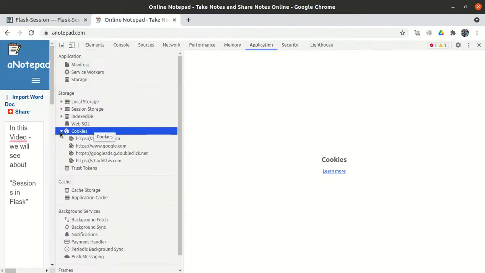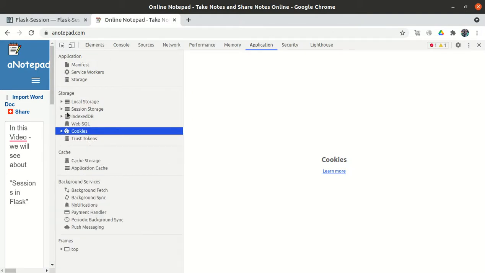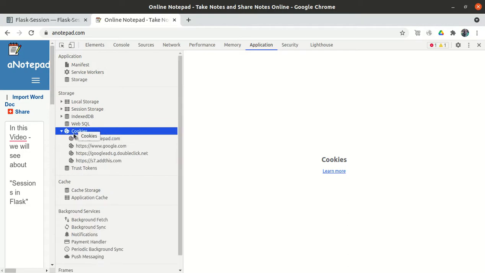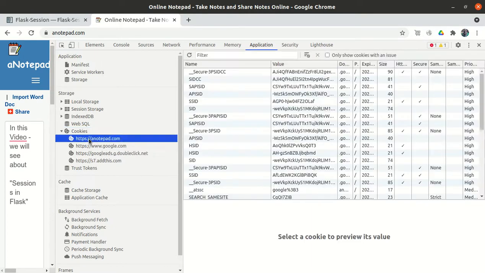So all these are the storage. So the first thing is that if no one is aware about this option, because we will use this option multiple times in this video.